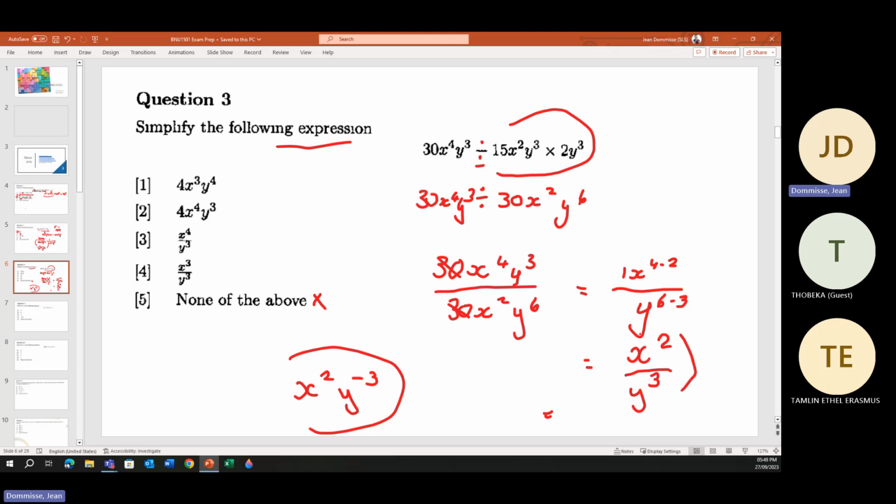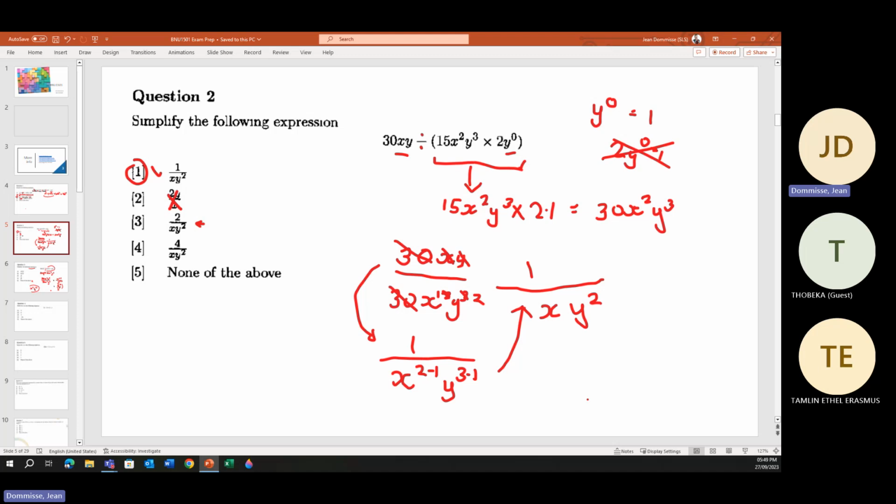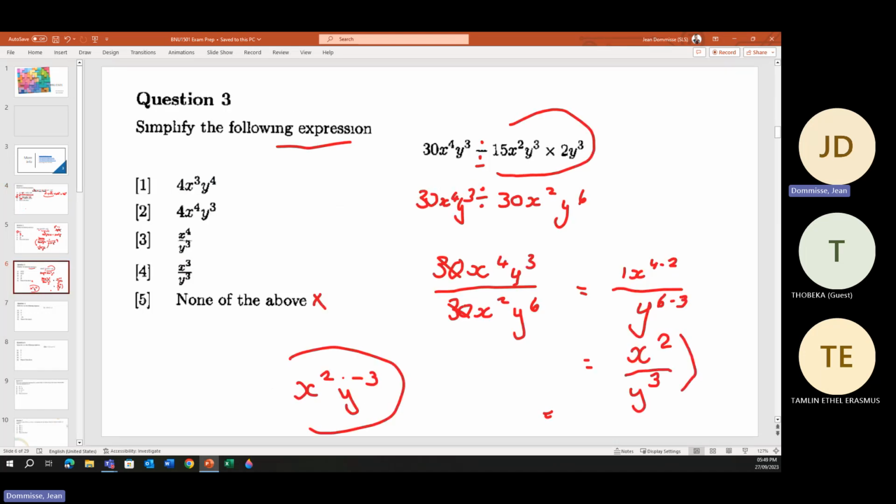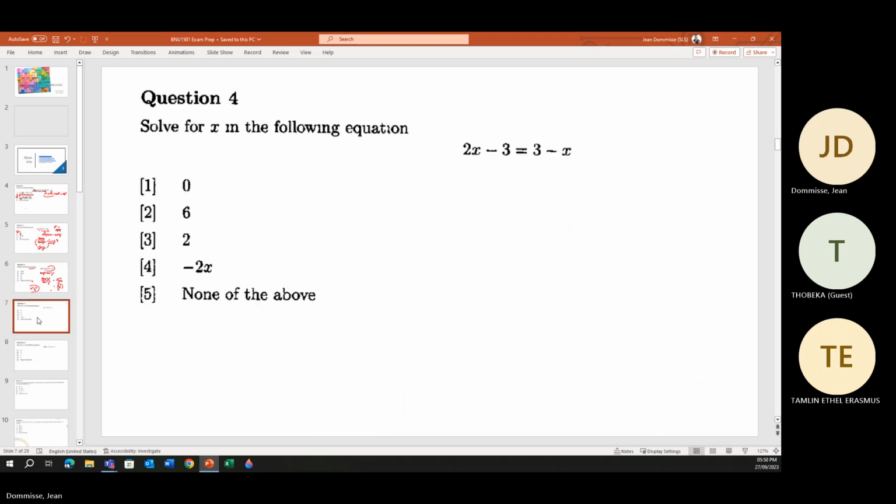Normally this is how they would have it. You can see they would put it in the fraction instead of making the one a negative. So we would normally do it with a fraction where both are positive. Okay, so that was the expression. So that was your first part